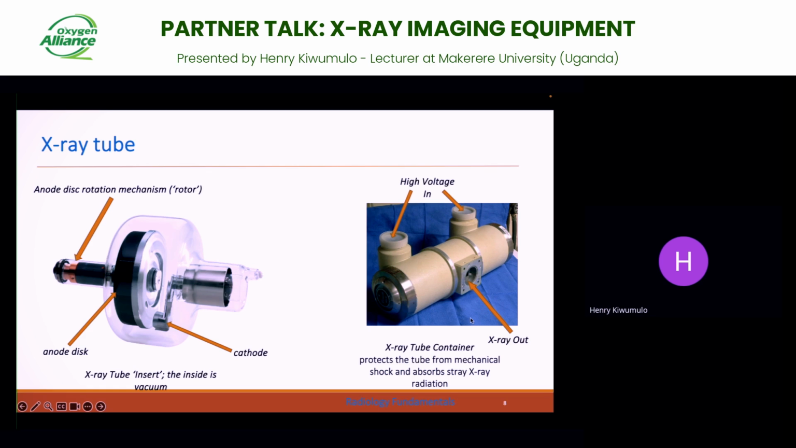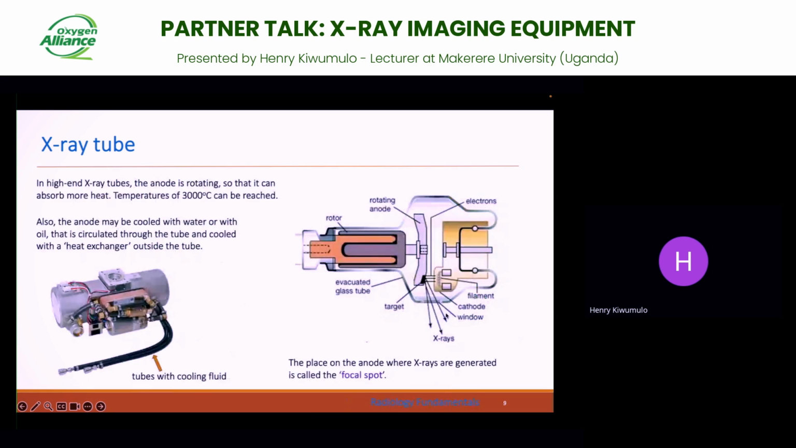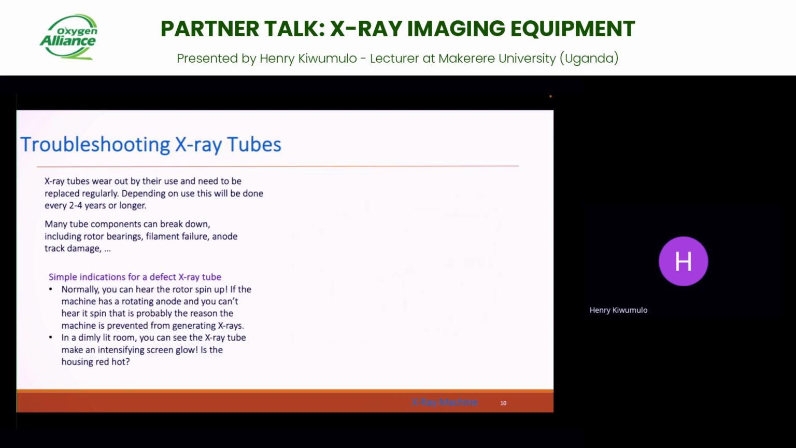So basically, this is the tube that we all know about. One has to always be cautious to protect this tube from mechanical shock, because if it gets mechanically impaired, it can cause leakages of the X radiation. Still on the tube, we have high-end X-ray tubes where the anode is rotating, and the effect that it causes is enormous amounts of heat